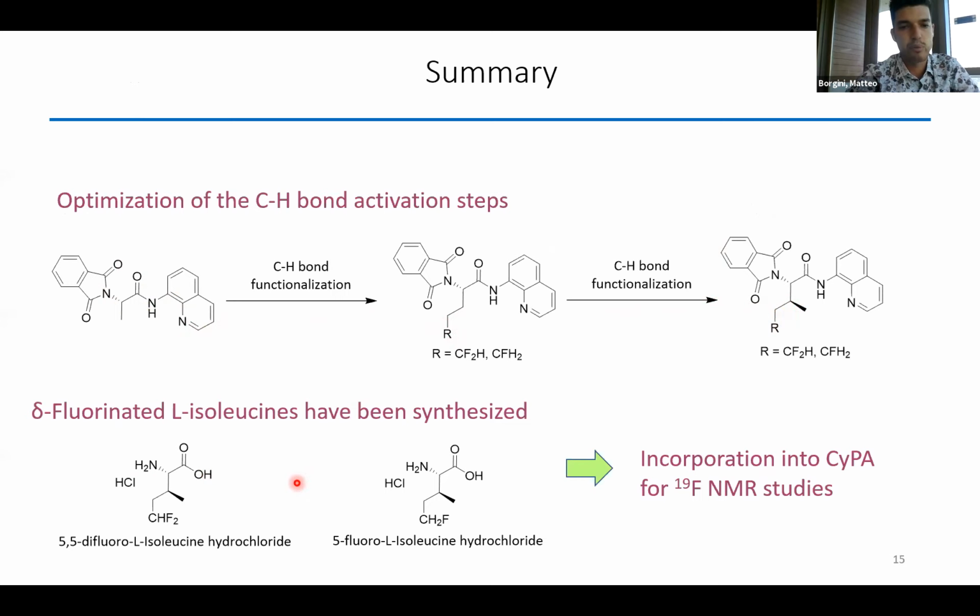We synthesized both the delta-monofluoro and the delta-difluoro L-isoleucines, and this is the first time that their synthesis has been reported in the literature. They will be incorporated into the cyclophilin A structure to perform some fluorine NMR studies in order to understand its behavior